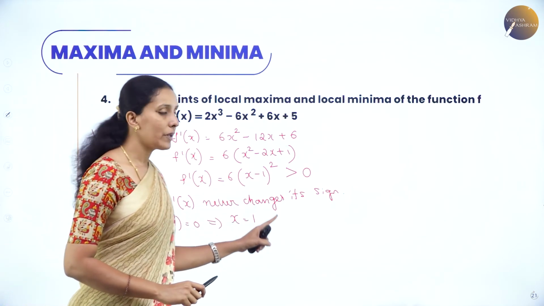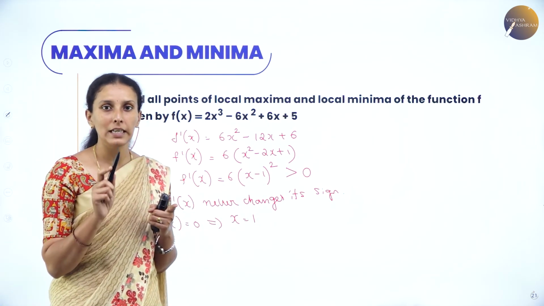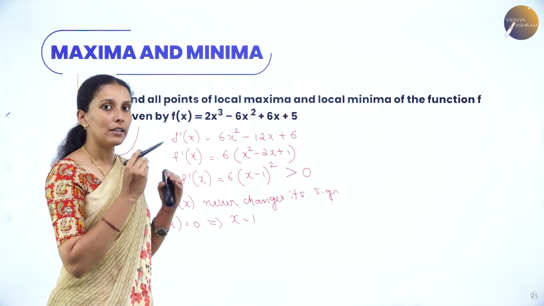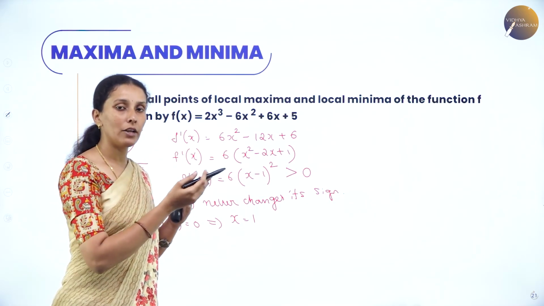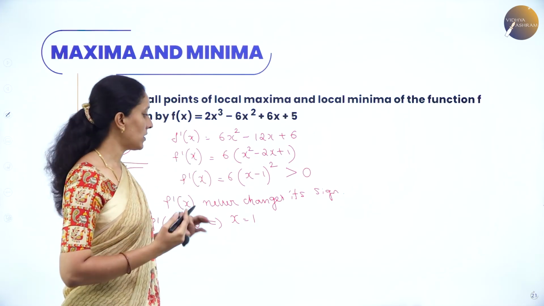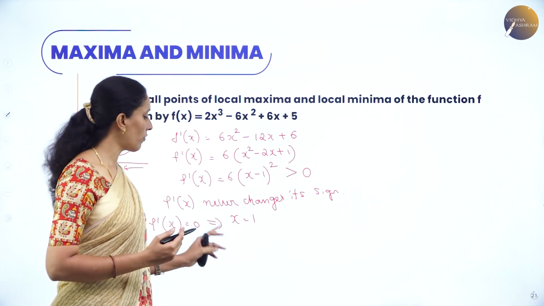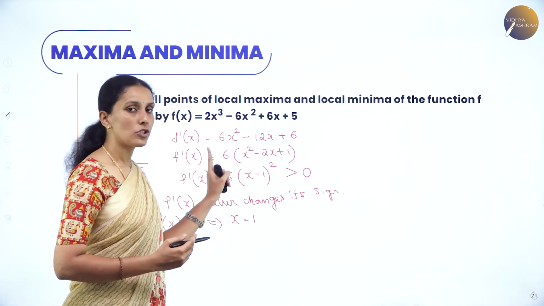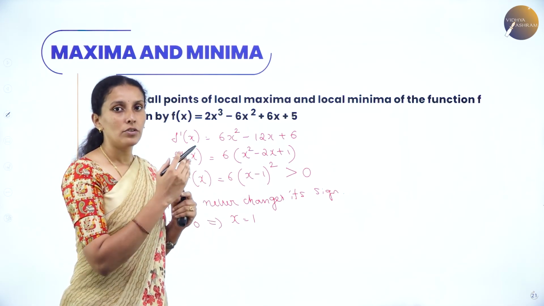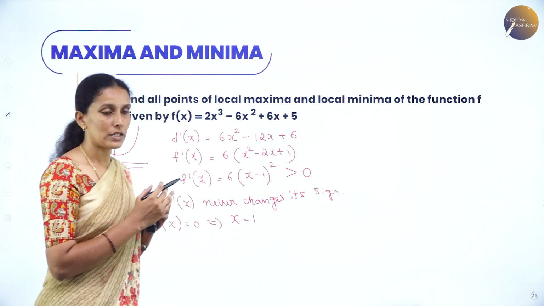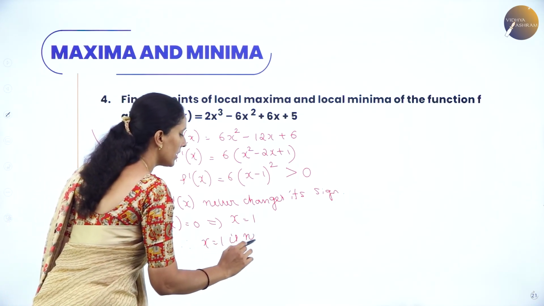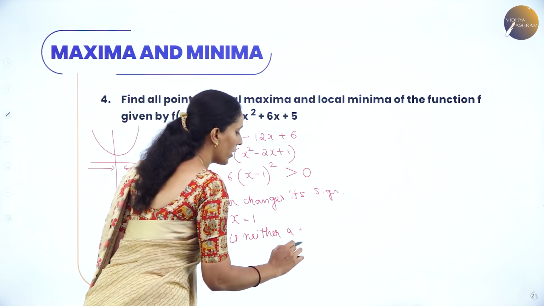For any point to be a point of local maxima or local minima, the function has to change from positive to negative, that is increasing to decreasing, or from negative to positive, that is decreasing to increasing. But here, for all values of x, or for x equal to 1 also, the function is only positive. It is never changing its sign. So it is neither increasing to decreasing nor decreasing to increasing. Therefore, x equal to 1 is neither a point of